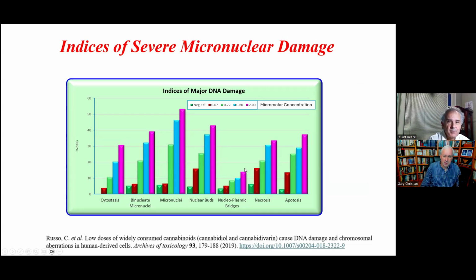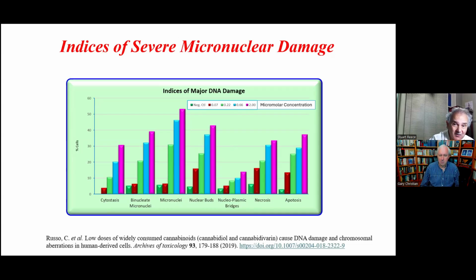Okay, so just tell us what the different colours mean on that graph. The concentrations are listed there. That's the concentration of thing there. But the point is that these are made like the nuclear buds, the micronuclei, nucleoplasmic bridges, necrosis. These are all measures of aging, as well as being genetic damage. These are seen much more commonly in older cells. So this is nuclear evidence, morphologic evidence that you can see under a microscope of nuclear damage and old nuclei